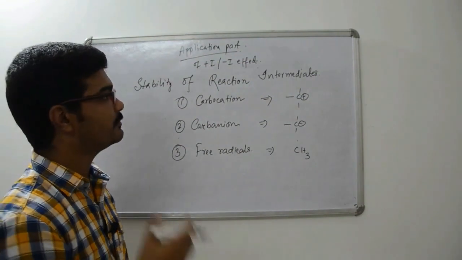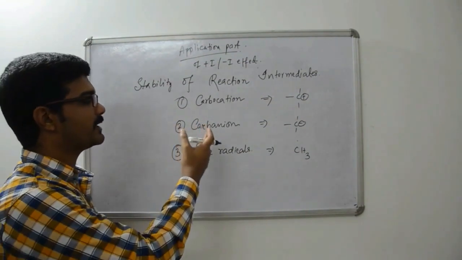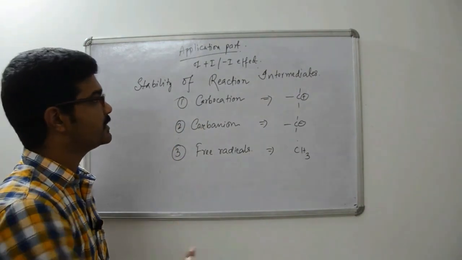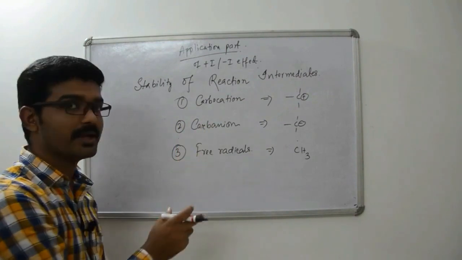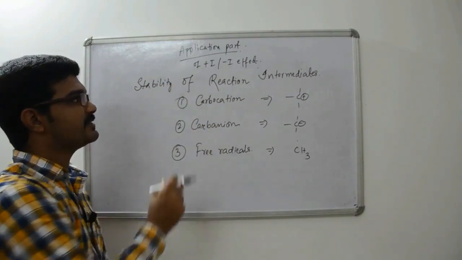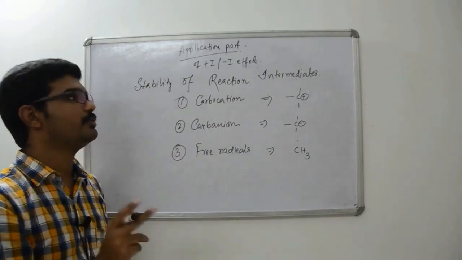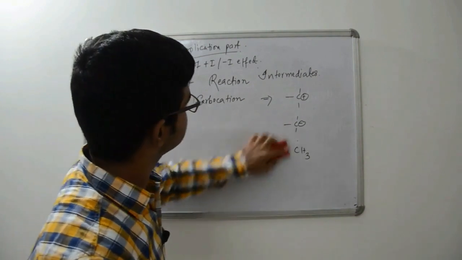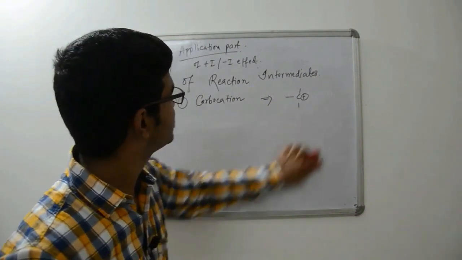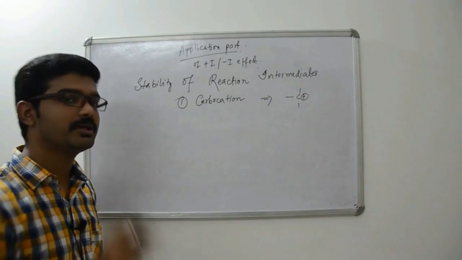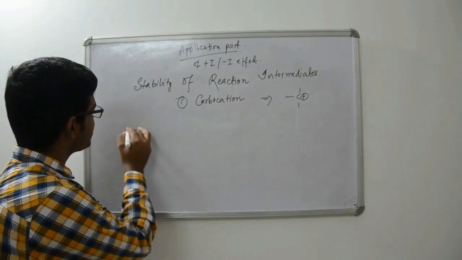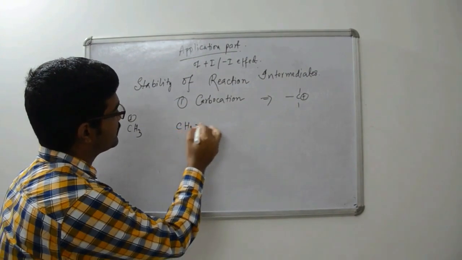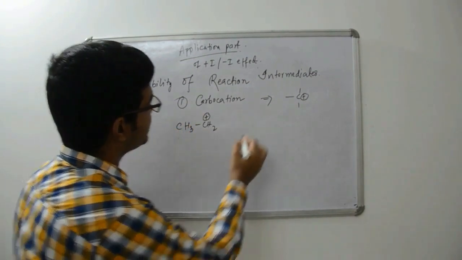In the next lecture, we will further study carbocations, carbanions and free radicals. Today, we will discuss the stability of carbocations and carbanions due to this plus I effect and minus I effect. So, let's start one by one. Let's first start with carbocation. If we see the following carbocations,